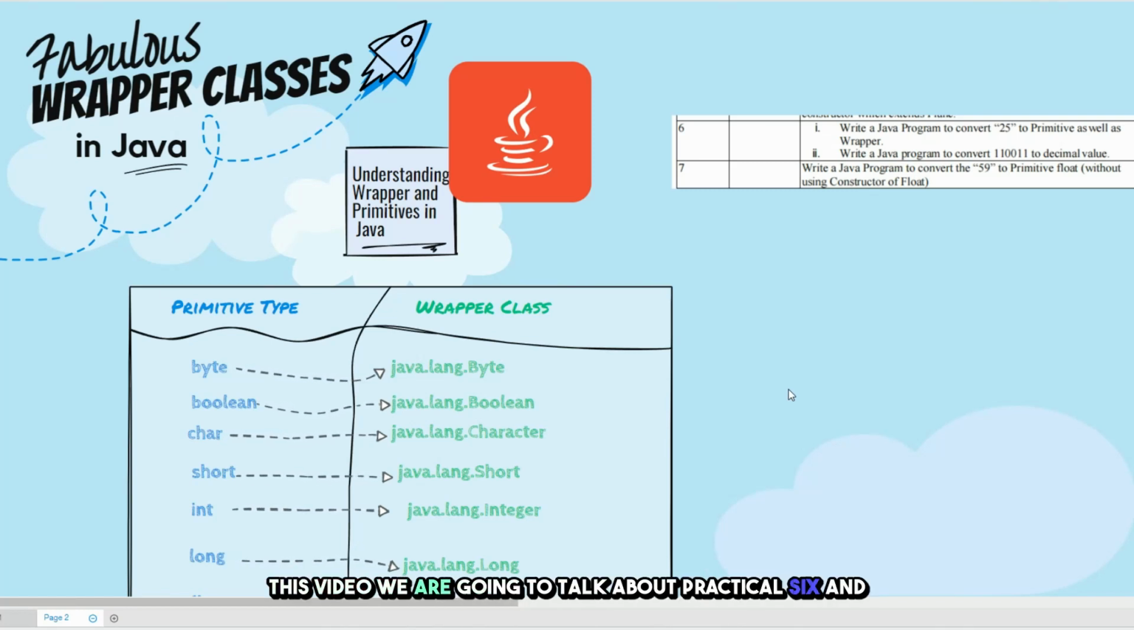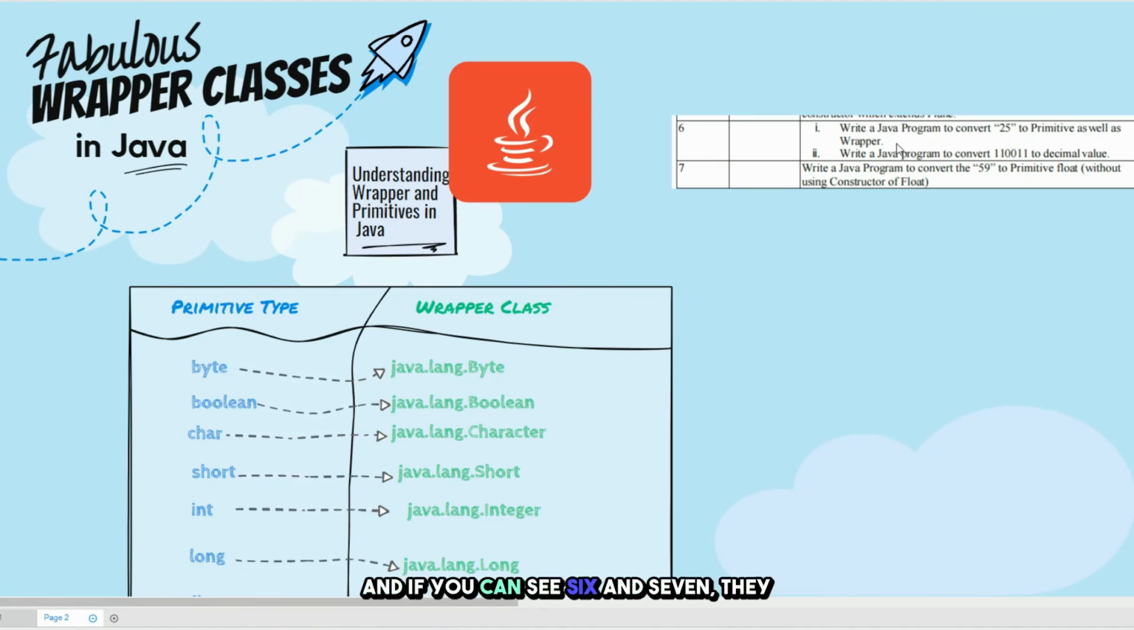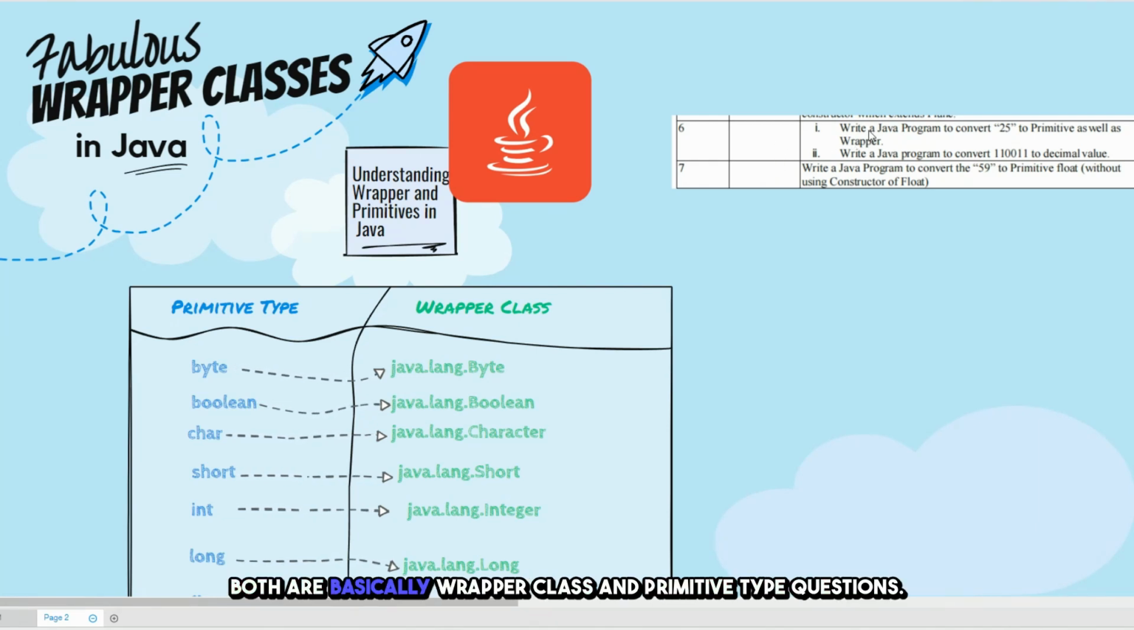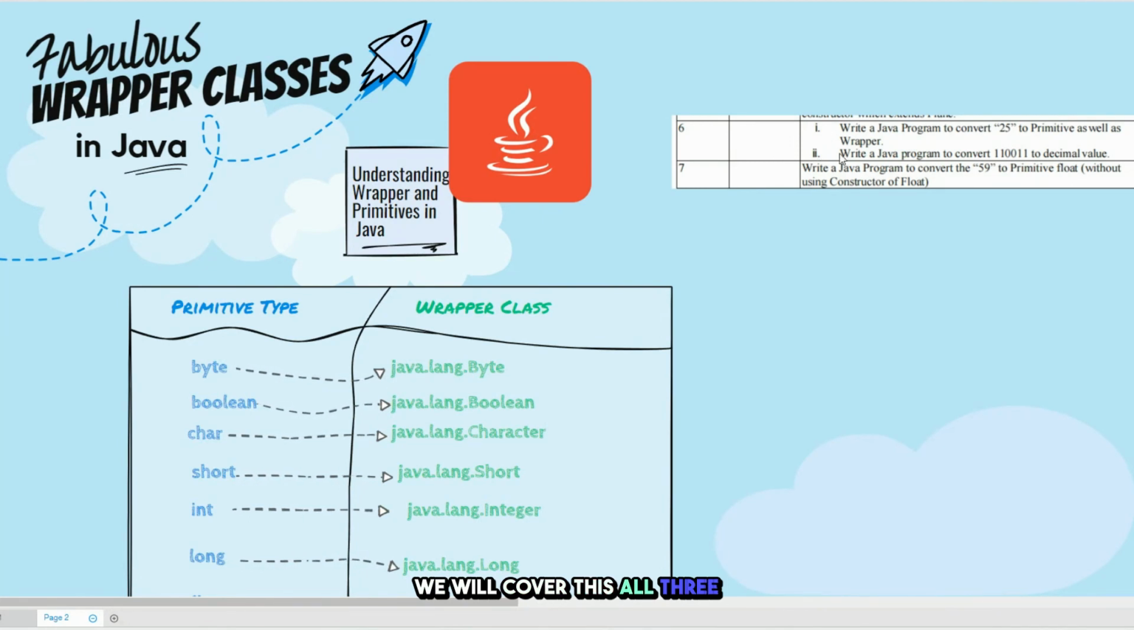In this video we are going to talk about practical 6 and 7 in the YCMOU core Java practical series. If you can see, 6 and 7 are both basically wrapper class and primitive type questions. So we'll cover all three examples in a single video today. Before we start writing the code, it is better we understand a bit of the theoretical knowledge behind wrapper classes